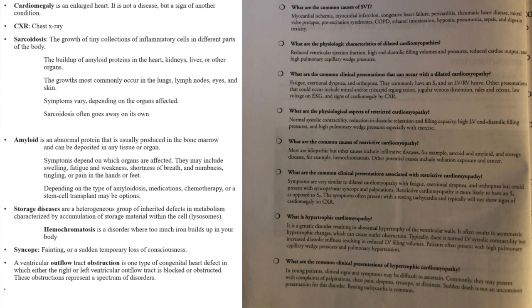What are the common causes of restrictive cardiomyopathy? Most are idiopathic, or they occur spontaneously, but other causes include infiltrative diseases such as sarcoid and amyloid. So sarcoidosis, they're collections of inflammatory cells in parts of the body, and they tend to build up